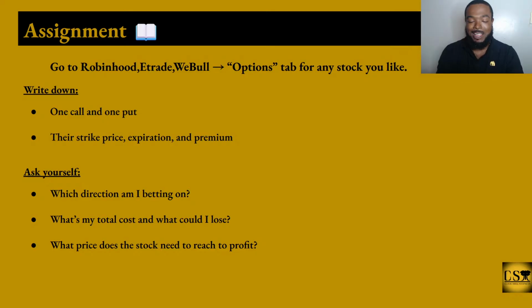Now, what a lot of people don't understand with option contracts is when you buy options, a lot of the times people think that it has to hit their strike price for them to be making any money. It's not true. If you bought it before it got to your strike price, so you got a $100 strike on Nike, and say Nike was trading at $97 when you bought that, the $3 or $2 you spent on that contract, as soon as Nike moves from 97, as soon as it goes to even 97.50, as long as it's within a certain time, because that's where the time factor comes in.